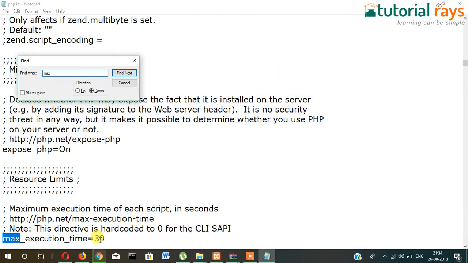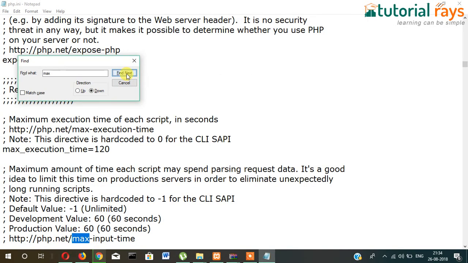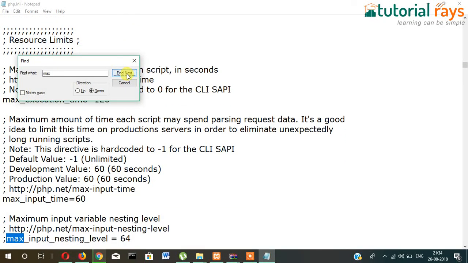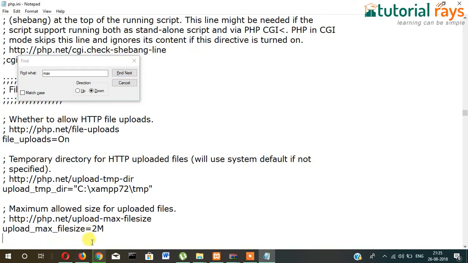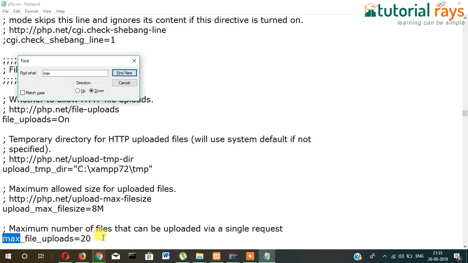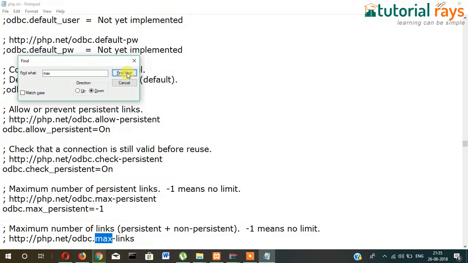Execution time first, let's change it to 120, as well as max execution time and max input time. Let's change it here to 8M, and then max file uploads, that is the number of files. Change it